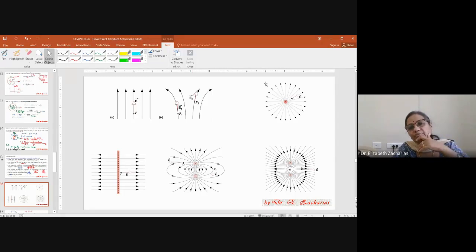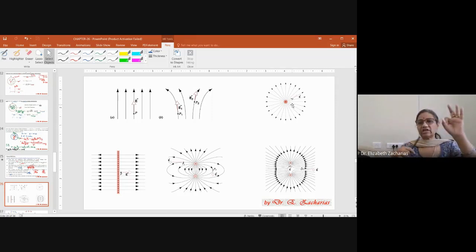Now let's come to the third picture. What is this? Anyone? Here you are drawing the electric field lines for a point charge which is positive. Please remember when I say point charge, it can even be a point charge, it can be a shell, or it can be a uniformly charged sphere. All of them will behave like a point charge only. So look at the electric field lines. The electric field line is everywhere radially out.